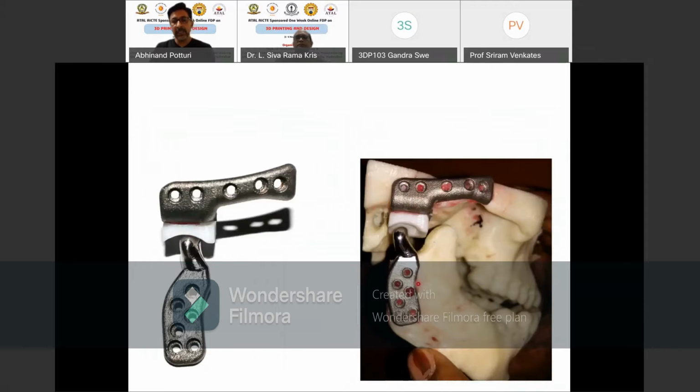This is the artificial joint which is printed. So we go to the operation theater, we remove the infected or diseased joint, and we put a new joint which is completely functional. See, this is a ball-like thing. This is a socket where the joint moves and helps the patient to open and close in a normal fashion, like any one of us are doing.